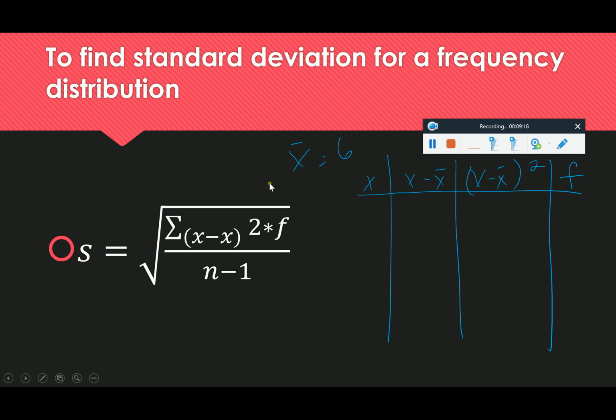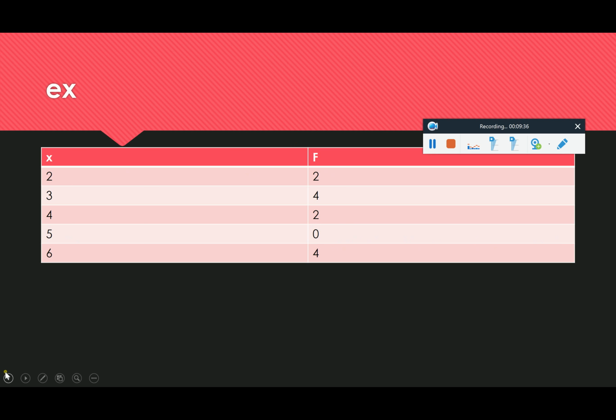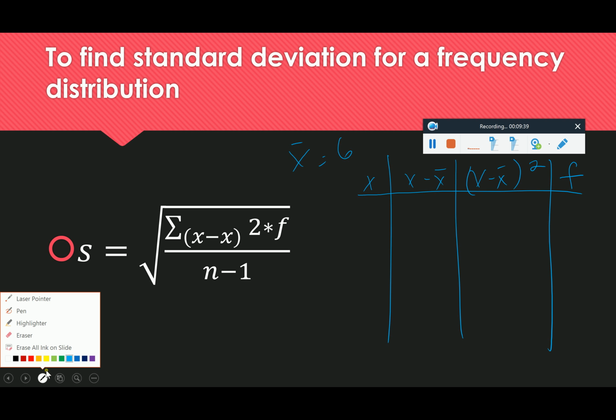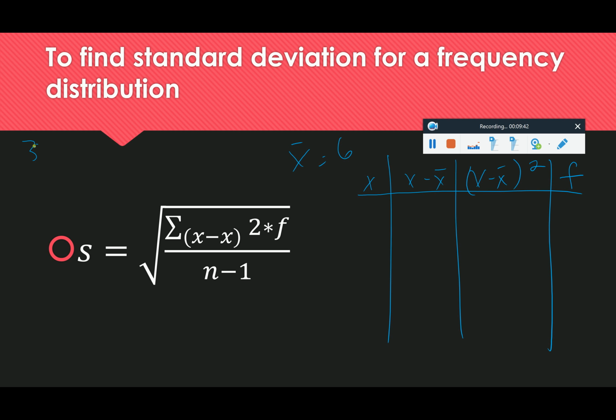Before we look at this one, I would look at a problem in your book. If you look on page 337, example 3, it gives you these numbers: 37, 39, 39, 40, 40, 38, 38, 39, 40, 41,